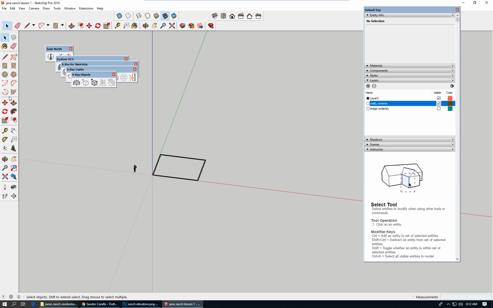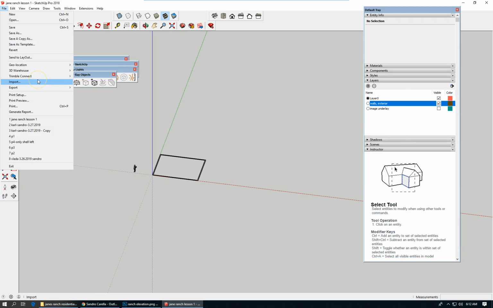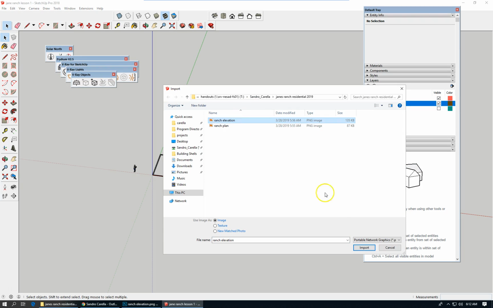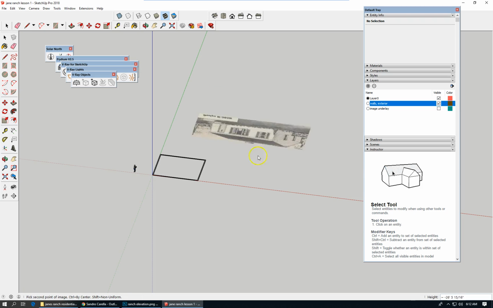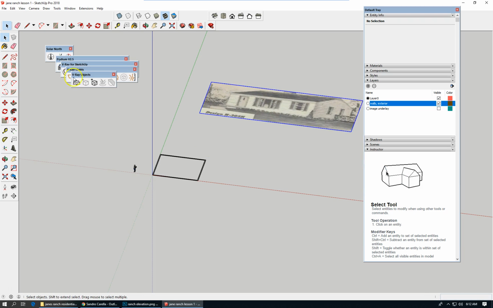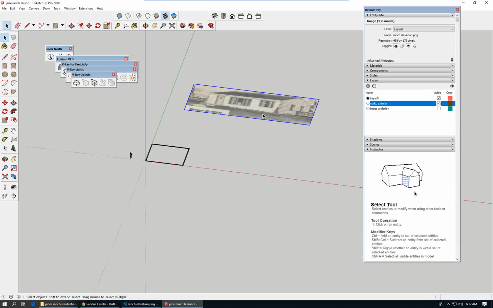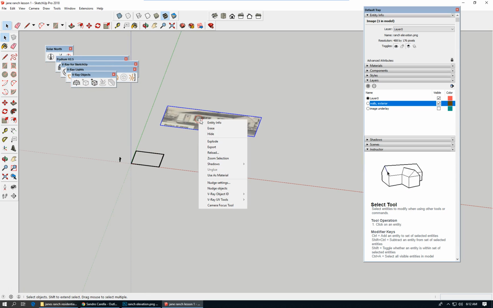So File, Import, Branch Elevation. This picture is not terribly useful because, I mean, it's not as helpful as it would be to have an orthographic view. So we're going to have to make some,